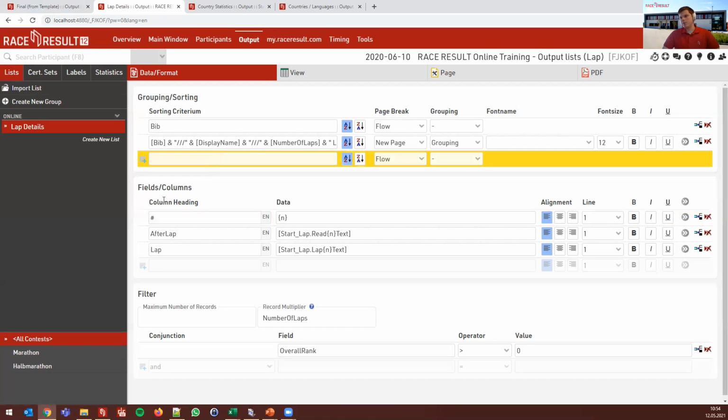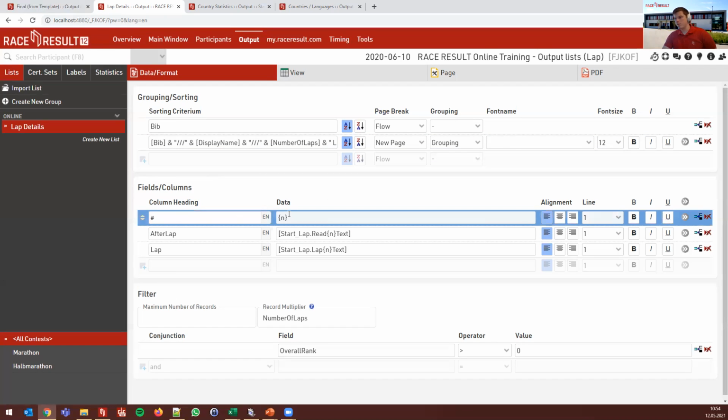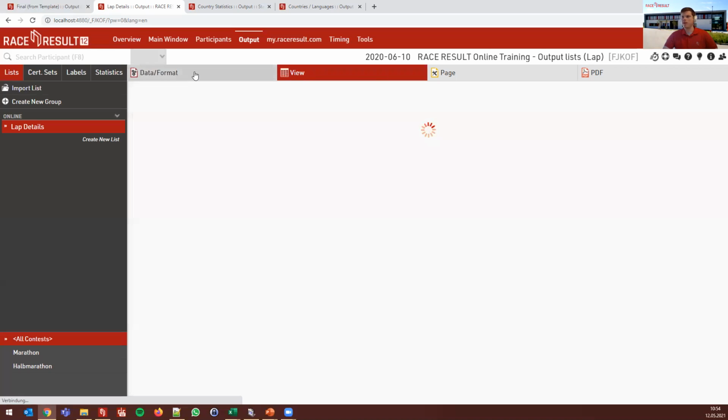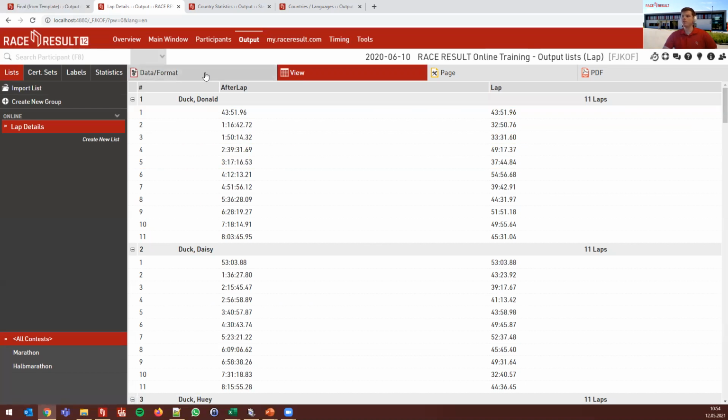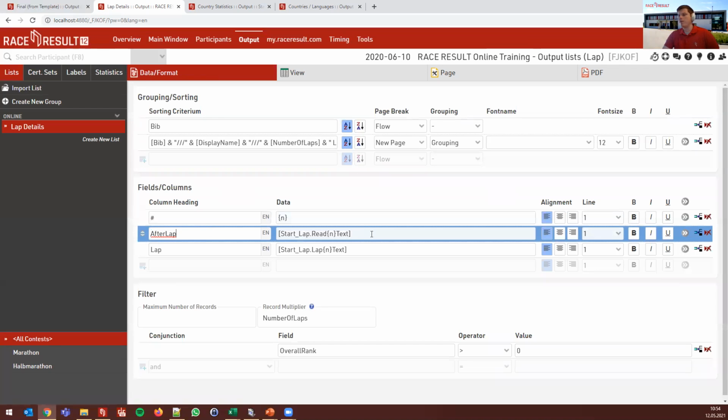And how is this set up? So we have a column header. Okay, this is simply a hash. So this should mean, okay, n. So this will be kind of a numbering: 1, 2, 3, 4, 5, and so on. And we have an after lab. And here we call the timing point directly, start-lab.read n text. So text is simply the formatted